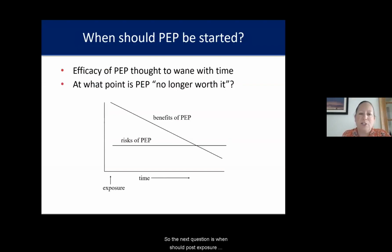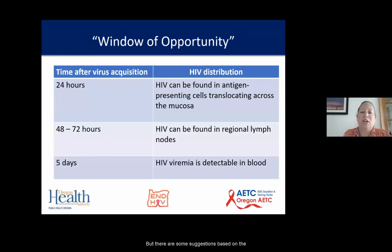So the next question is, when should post-exposure prophylaxis be started? It makes logical sense that the risks of PEP are going to remain constant over time, but unfortunately, the benefits of PEP decrease with time. And there's no clear point at which PEP is no longer worth it, but there are some suggestions based on